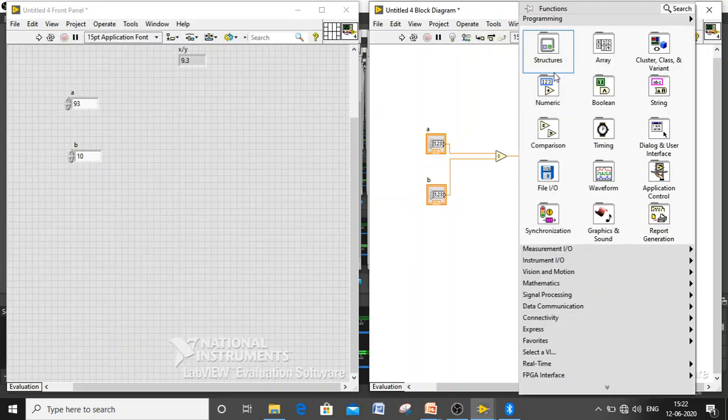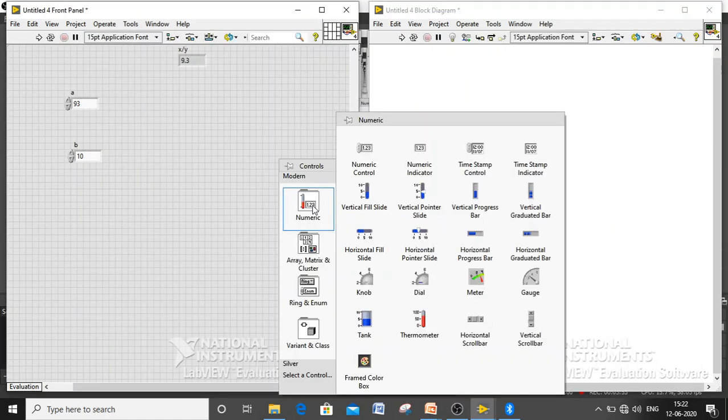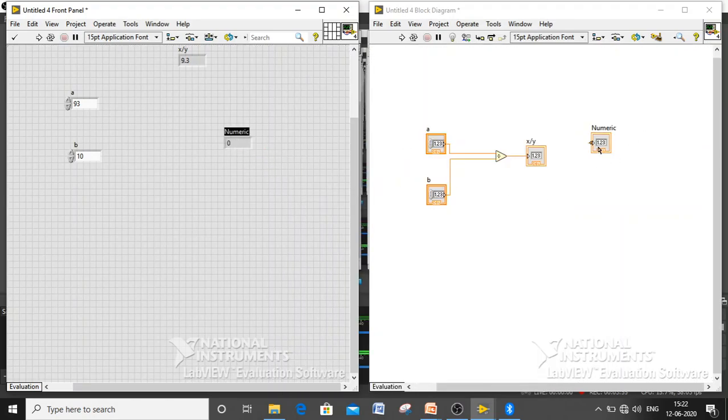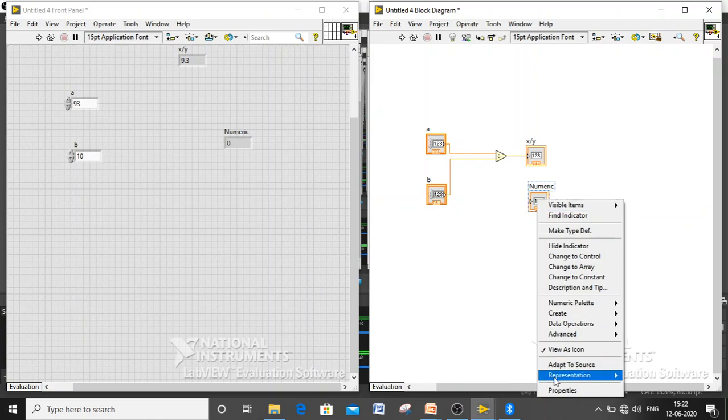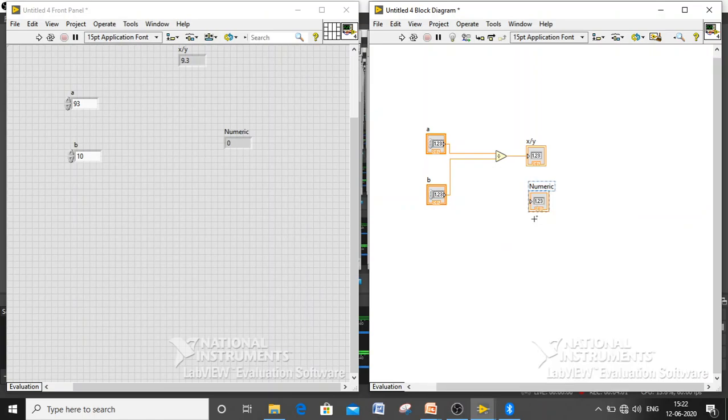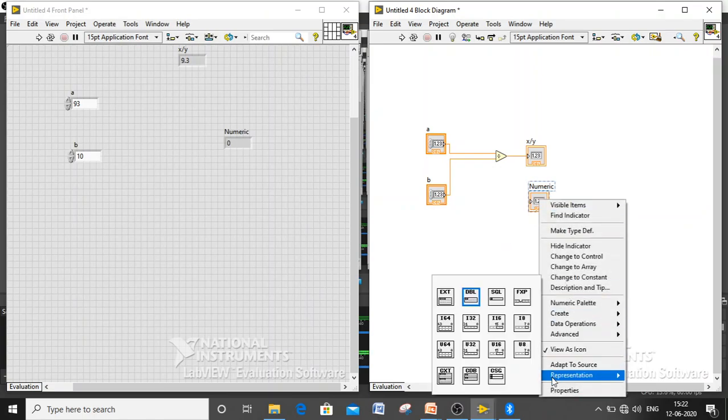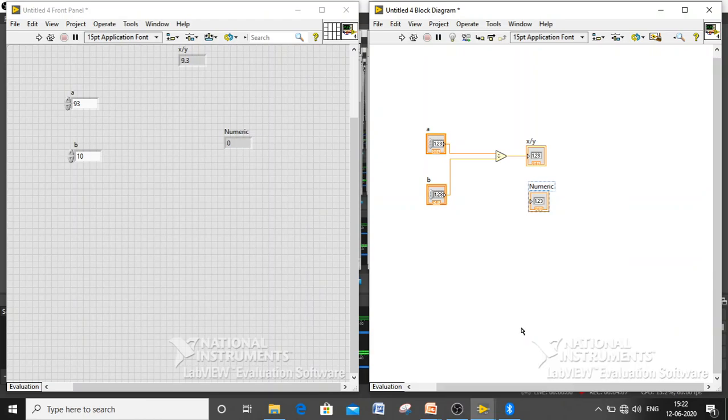And we have another indicator that belongs to the integer data type. Let me change the representation of an indicator: right click on the indicator, go to Representation, and choose the one you want. I'm choosing I8. The indicator changes and is in blue color. When I connect the wire to the indicator, we get a connection.